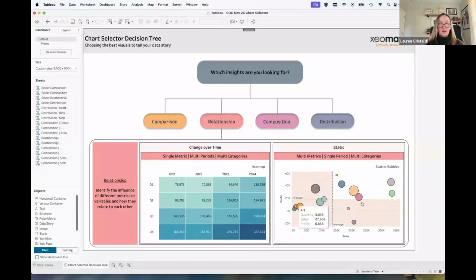And it's kind of cool if you do the average lines and then some shading. You can see all of the bubbles that are below average in terms of sales or below average in terms of profit, or both, that fall into this sector. Or up here, these are all of our top performers, and even some outliers, like the phones over here, they're very high in profit and sales. And it kind of makes sense with the quantity that they're selling at and the price point. So that's another insight you can gain really quickly, just mousing over, seeing how they relate. Otherwise, it might be harder to pull all of those together.